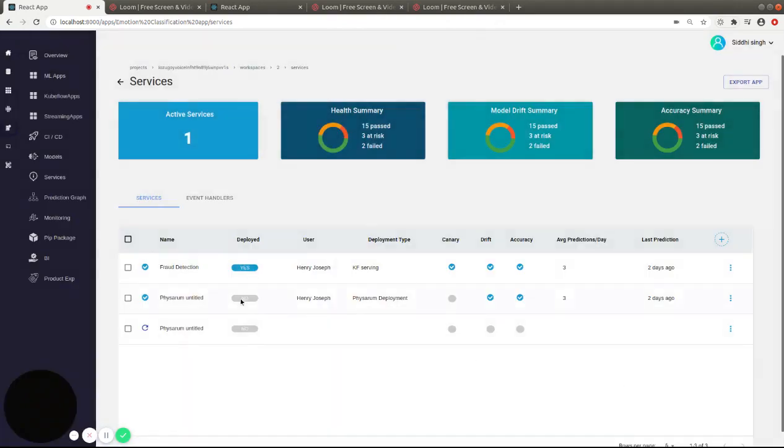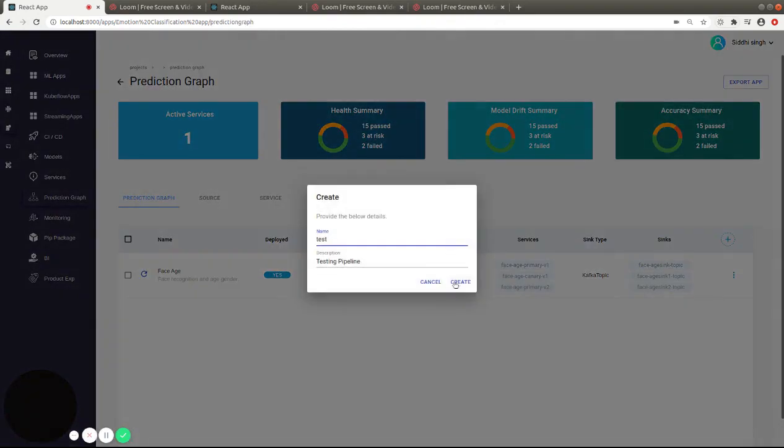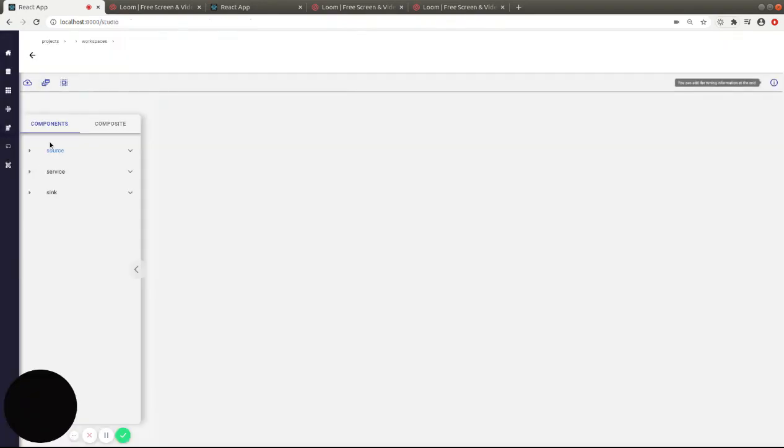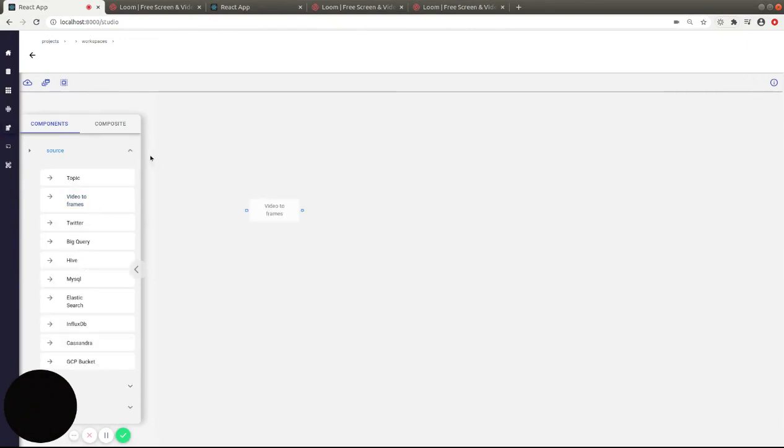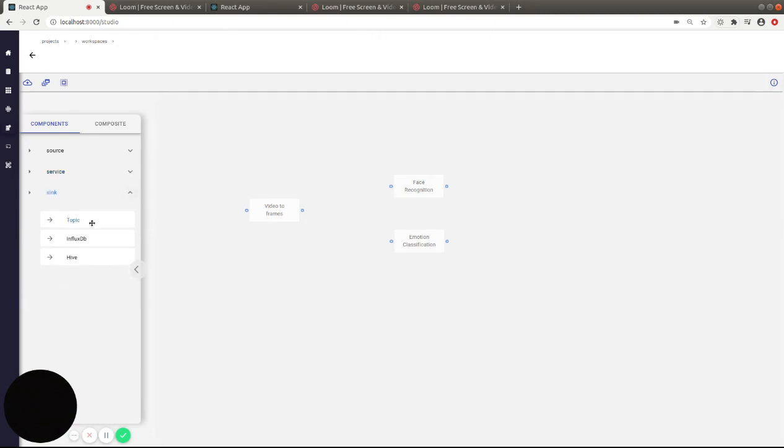And not only that, we can combine service with a real-time streaming pipeline to build real-time ML. Here, we can combine a streaming pipeline with a couple of ML services that we have built, dump the prediction to Kafka topics, and this workflow that we are building now essentially becomes the backend for its companion business application that we saw in the beginning. So we have video to frames here going to face recognition, which dumps to two Kafka topics, and this becomes the basis of the business application that we saw.